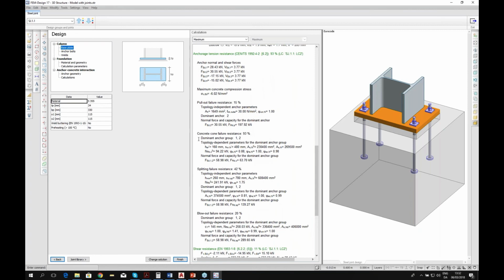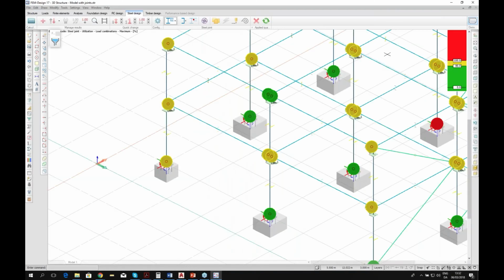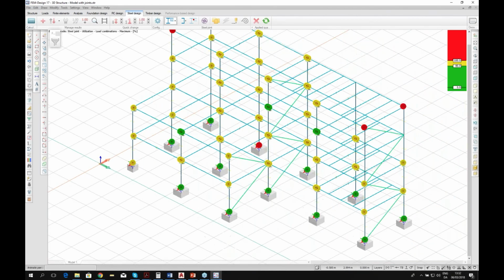I can see them here: the pull-out failure, concrete cone failure, splitting failure, and blowout failure. So these are some new calculations performed in FEM-Design 17. Again, you perform the calculations here, then apply edges onto your model, and your model can be calculated with a